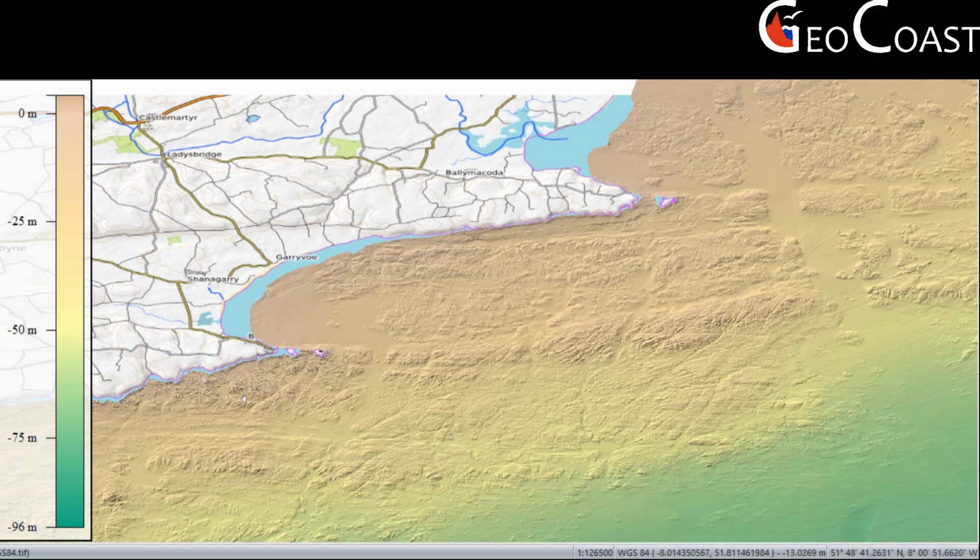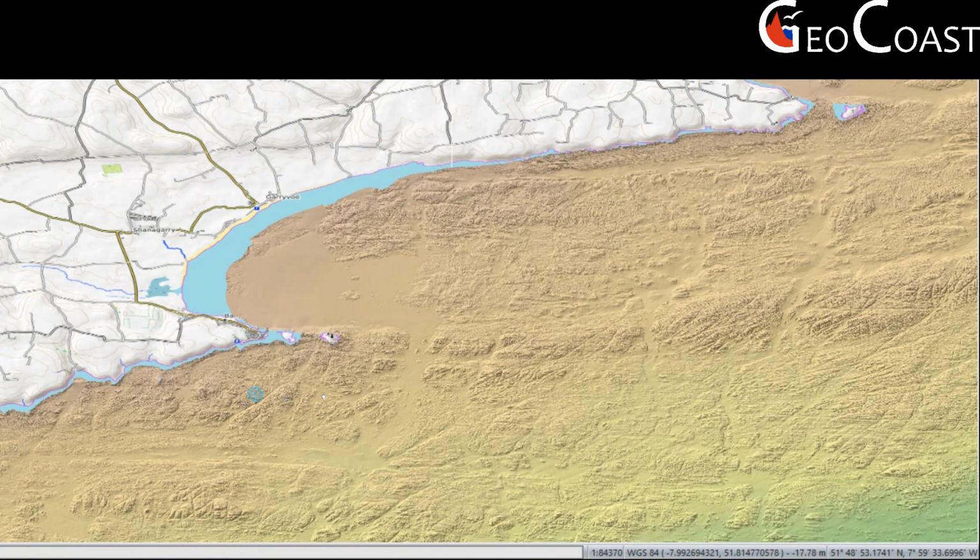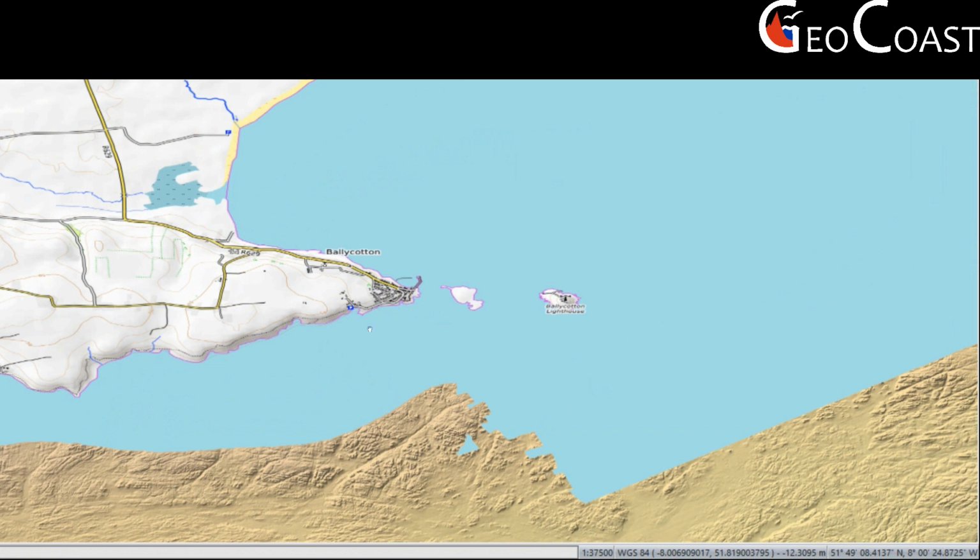So at this zoom level we can see that the rocks which form the cliffs along the Ballycotton cliff walk are extending offshore for about 7 kilometers from shore, and then it's mostly soft sediment. And likewise, if we zoom in closer to where we are standing,